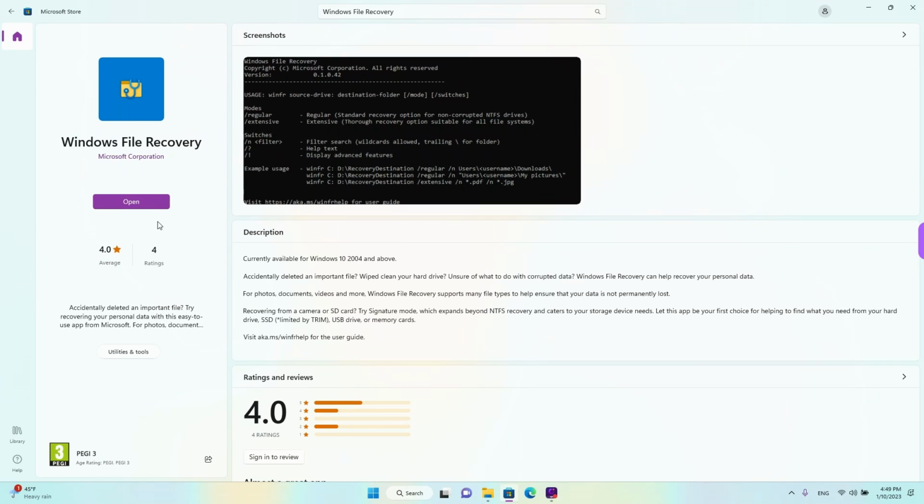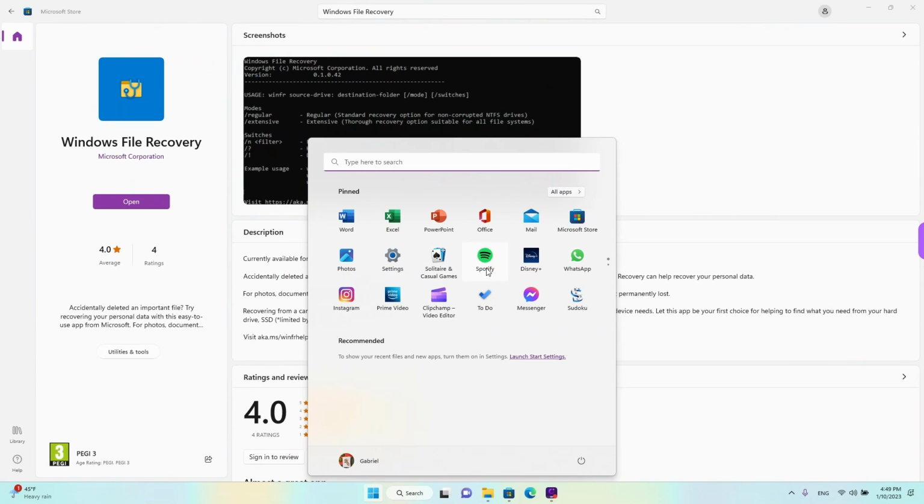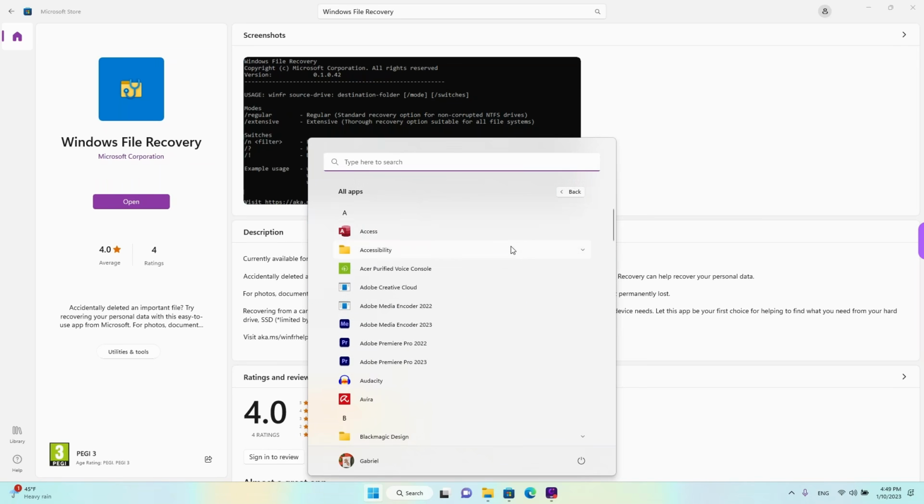On our device, the program is installed already, but here instead of the open button, you will see a button that says Get. Just left click on that button and it will download the app on your device. If it doesn't work, try later, because we had the same problem. Then you can find the app in the Start menu under All Apps, left click to open the option, and